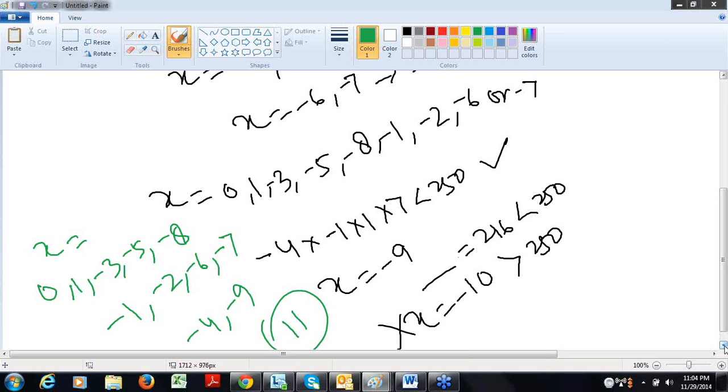So we have minus 1, minus 2, minus 6 and minus 7 as our options. Now what we have not checked are minus 4 and minus 9. If we check both of them, the inequality holds good. And as soon as we cross minus 9 and go to minus 10, it becomes greater than 250. So obviously in the range from minus 9 to 1 we have our values, and anything outside this will be greater than 250, so that will not hold the inequality.